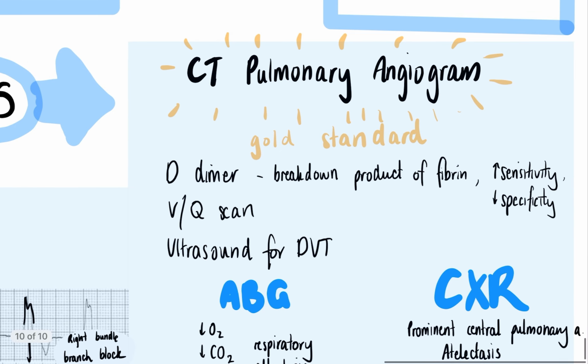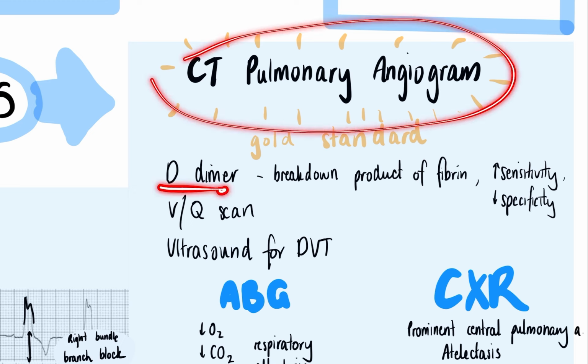It's important to note that this test has a really high sensitivity, but a relatively low specificity. So that means it's really good at ruling things out if it's negative, but just because it's positive doesn't necessarily mean that there's a clot going on, or there's a pulmonary embolus or deep vein thrombosis. So it's not as good at ruling things in. And that's why, with a positive D-dimer, you would then do a CT pulmonary angiogram.